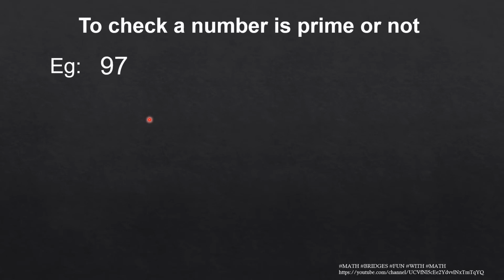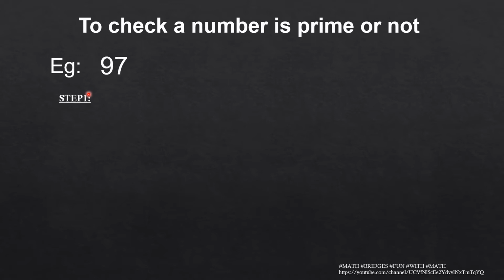Let's consider the number 97. Now we have to check whether it's a prime number or not. First step, we have to identify the square number which is closer to this. Square number means 5 5s are 25, 6 6s are 36, 7 7s are 49. So 7 square is a square number. Now for 97, 9 9s are 81, 10 10s are 100. So 9 we have to consider or 10. Always remember we have to consider the number which is greater than this, not less than 97. So 9 9s are 81, we should not consider. So we will consider 10 square.